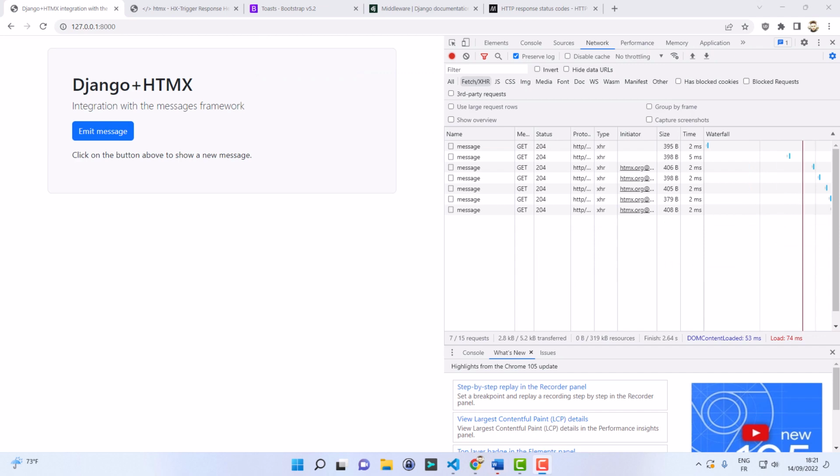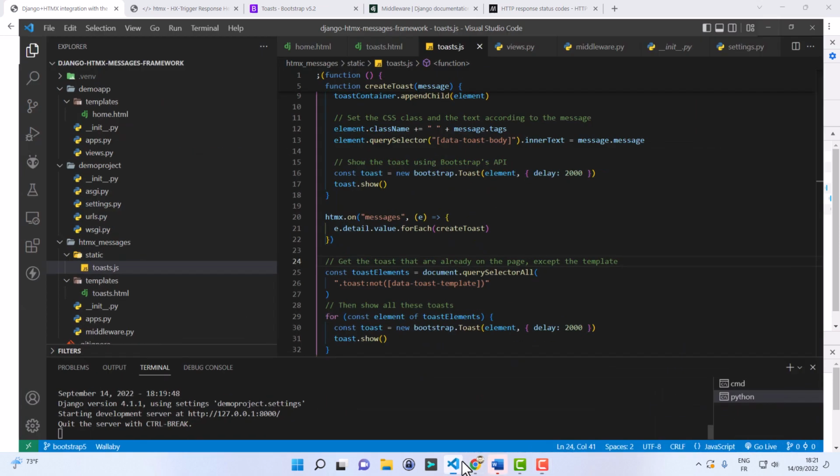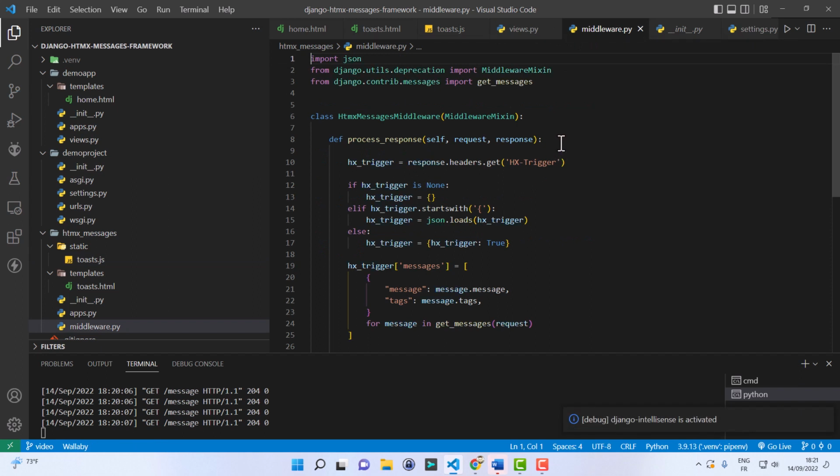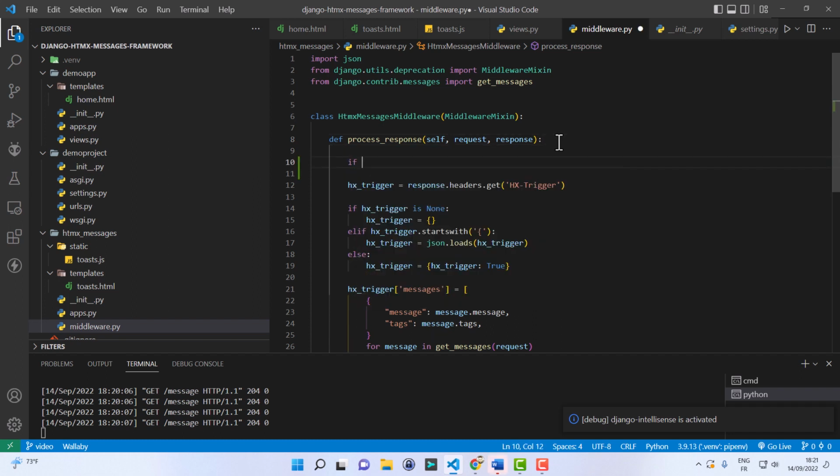One last touch is to modify the middleware so that it only applies when the request was made with HTMX. And to do that, we just need to check that the request contains the header hx request. This is a special header added by HTMX on the client side to indicate that this request was made with HTMX.